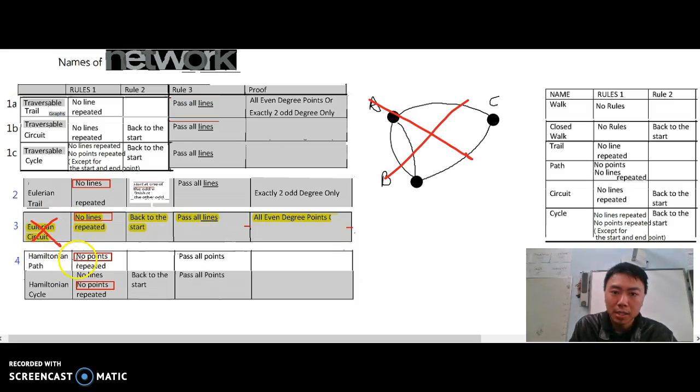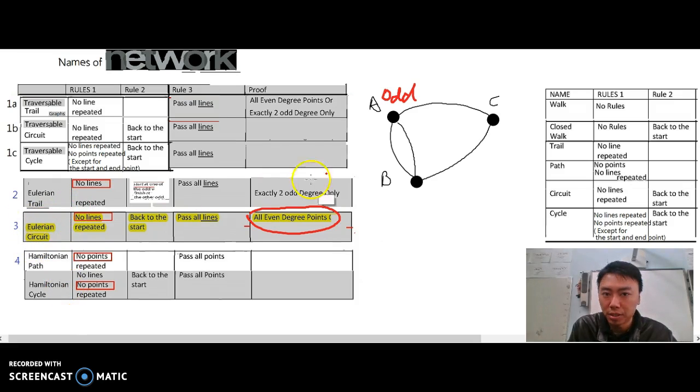Okay. The proof for Eulerian circuits is all degrees must be even. So this is an odd. Straight away, I can say it cannot be an Eulerian circuit. Okay, this is an odd degree. Okay. All right. Next one,